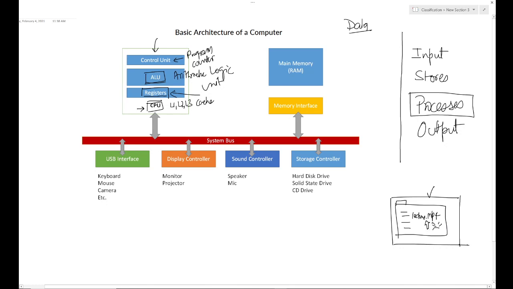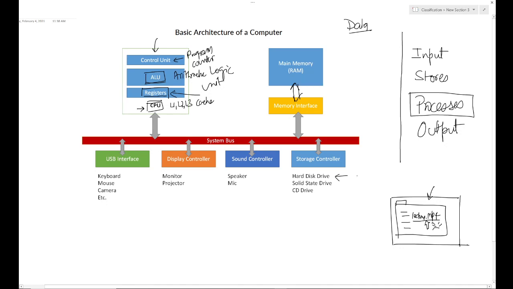Now where is this lecture.mp4 file stored? One might say it's stored in memory, but there are different types of memory in a computer. We will come to that, and one of the lessons of this discussion of the architecture of a computer would be to understand why there is a memory hierarchy in a computer. So this lecture.mp4 is stored probably on your hard disk drive.